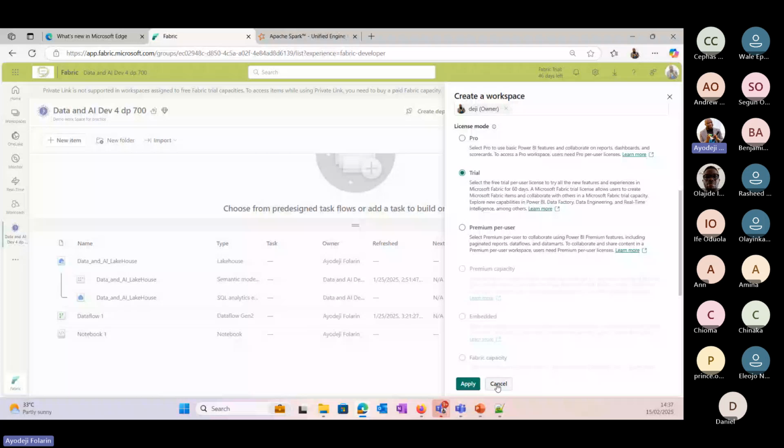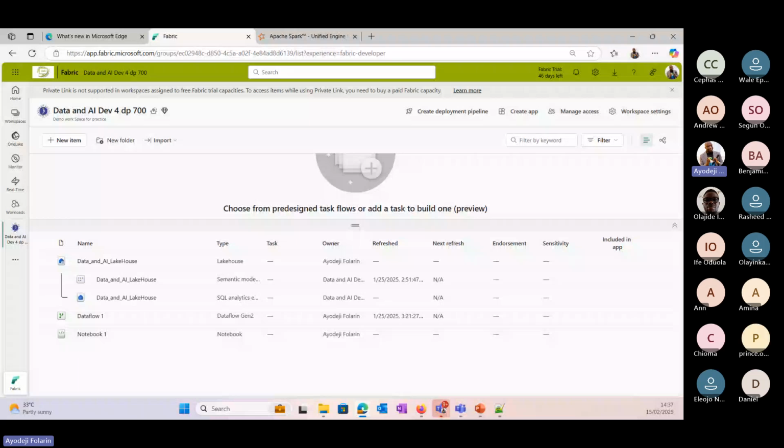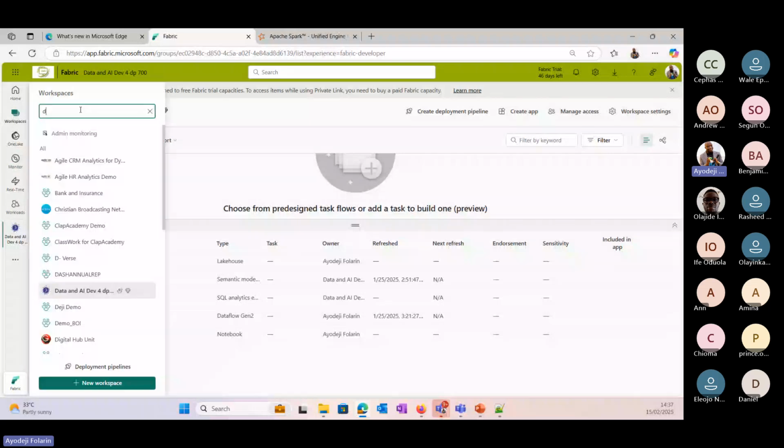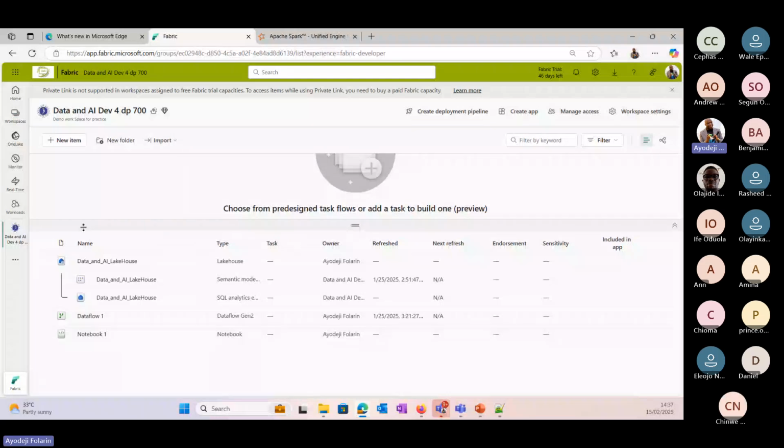Now, after this, the next thing here is this. Today, we want to do what? We want a new item. You will now ask me, what type of item do I need? If I want to get data, these are all what we can use to get data. Last week, we leveraged on dataflow. But this week, we want to process. We are not storing data. We want to prepare data. Yes, we want to prepare data. What do we want to use to prepare data? We can use any of these things here to do data preparation.